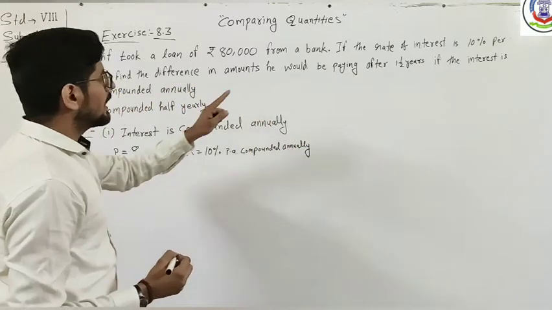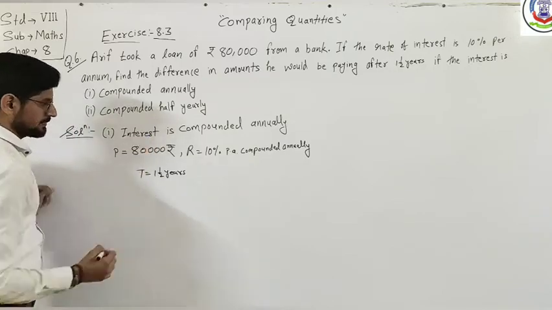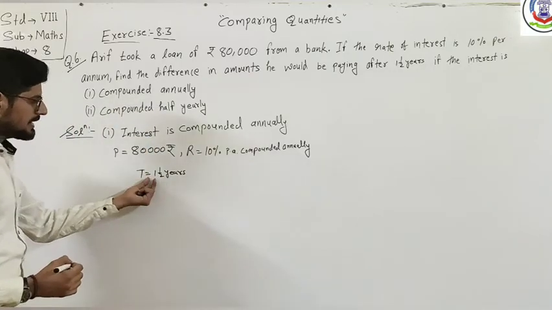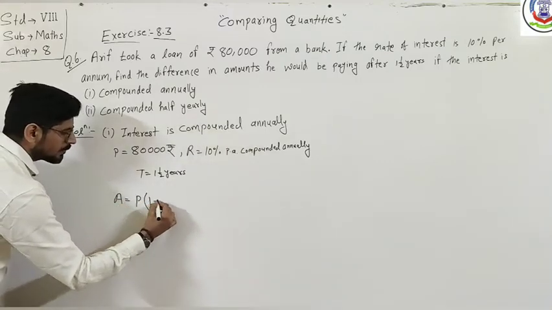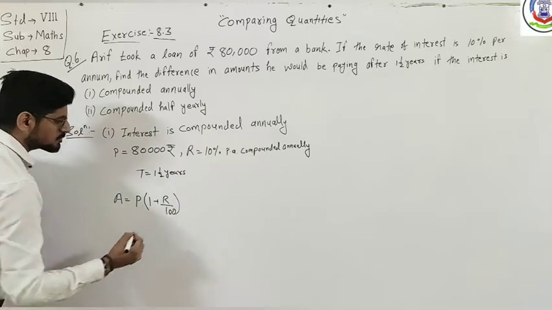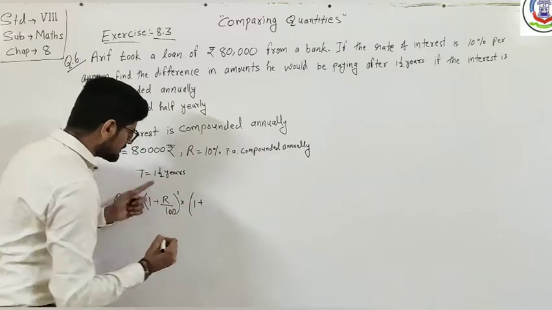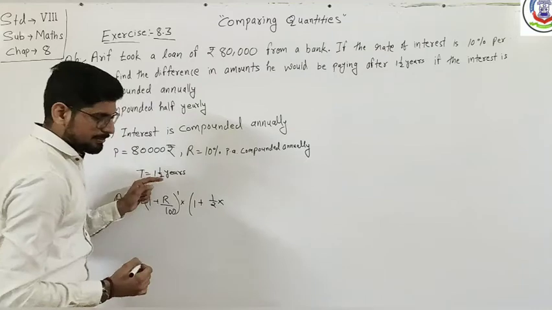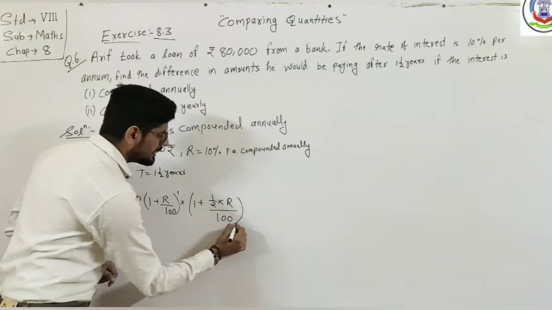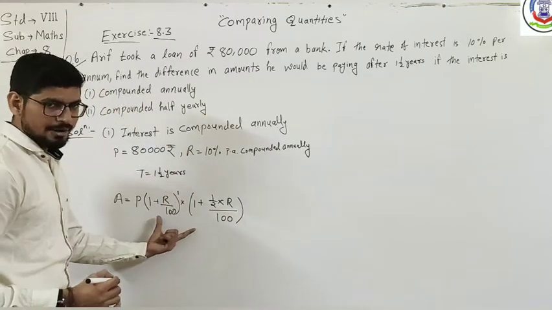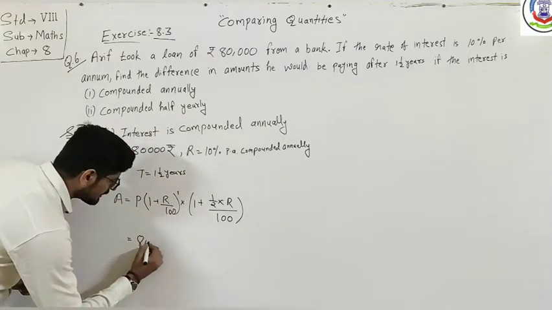Clear? And time period हमें given है 1 and 1/2 years. Okay? So हमें पता है कि होल का और फ्रैक्शन का किस तरह पार्ट अलग अलग करते हैं. So अमाउंट का फॉर्मूला हमारा क्या बनेगा, P 1 plus R by 100 raised to the power 1 एंड इसका हम क्या करेंगे, मल्टीप्लाई 1 प्लस इस पावर को हम देंगे, ये 1/2 फ्रैक्शन को हम देंगे विथ R 1/2 मल्टीप्लाई R डिवाइड बाय 100. क्लियर? ऐसे सब हम पहले भी देख चुके हैं. देन योर P इज 80,000